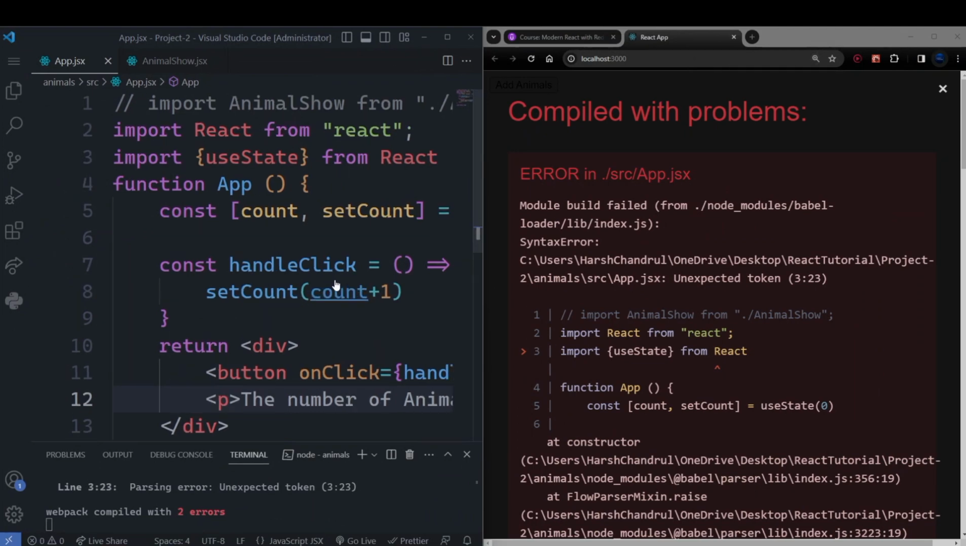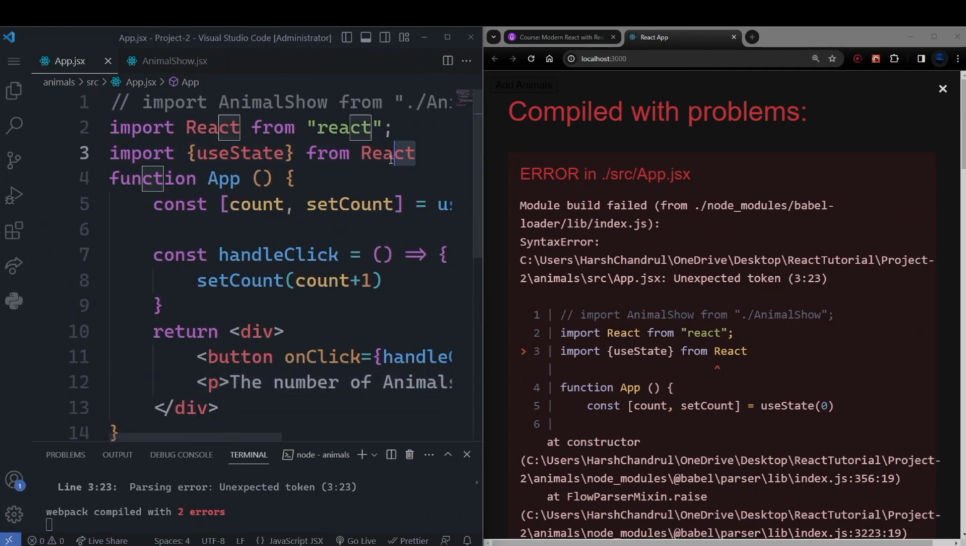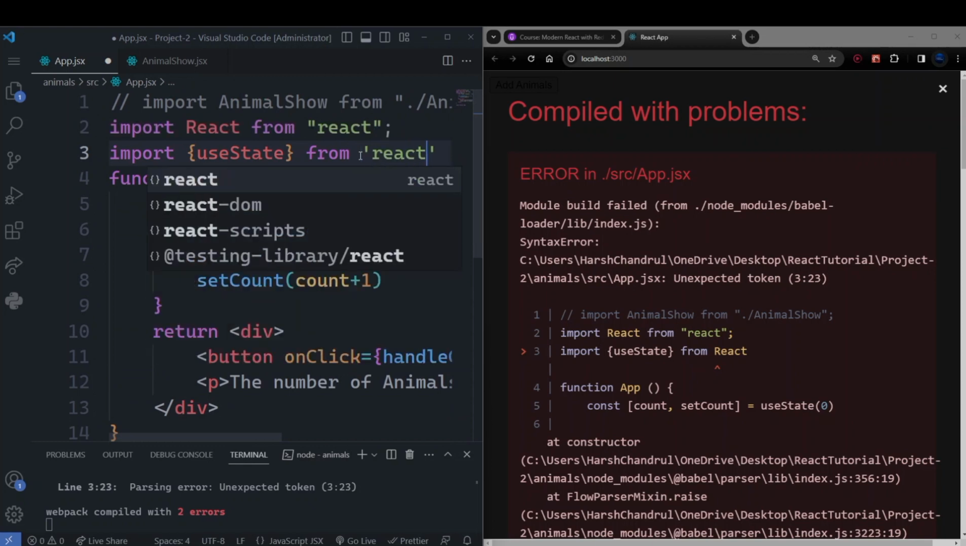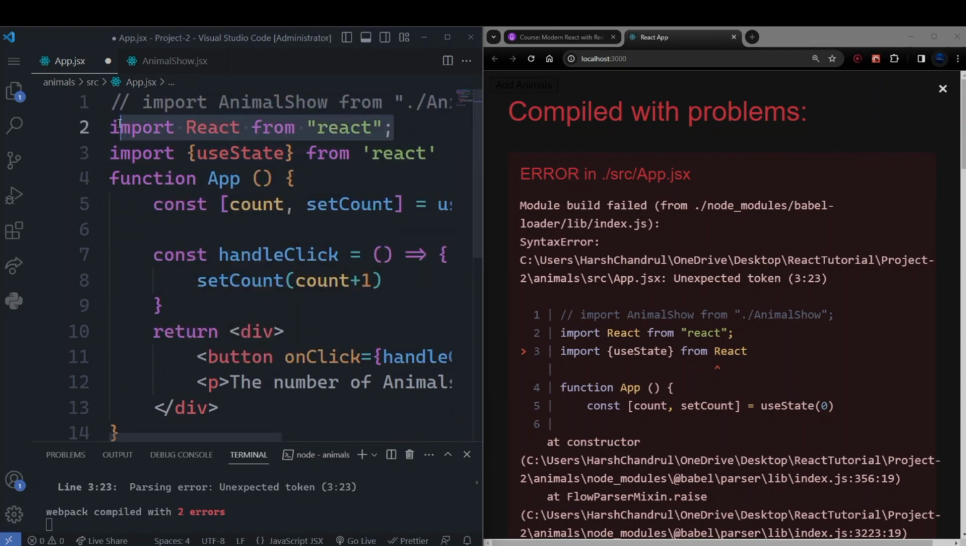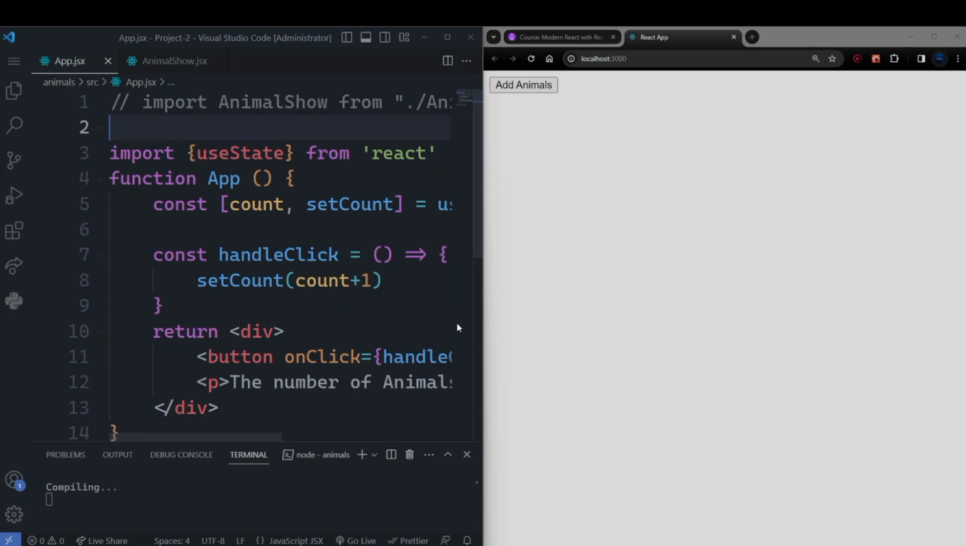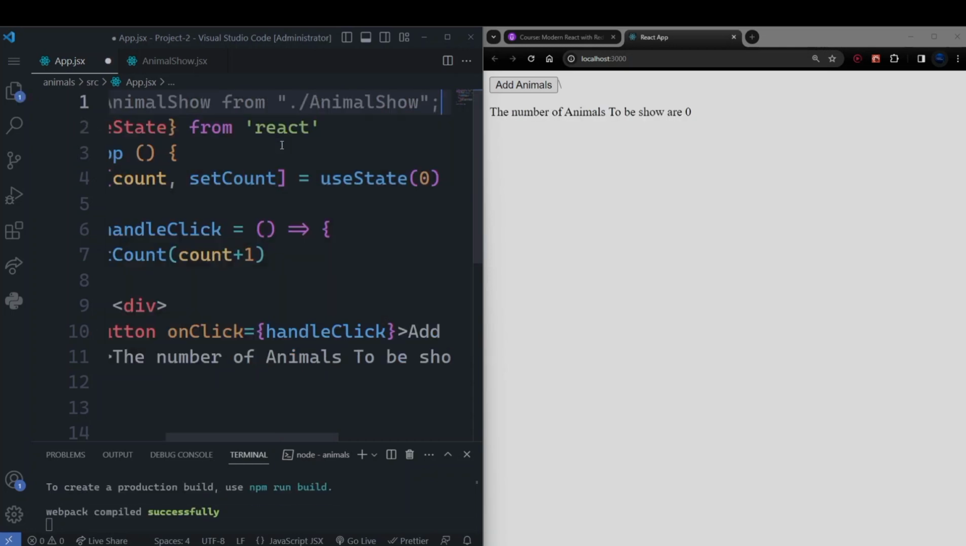The error is that we need to import it from React, and we need to delete this line. And now if we save this, you can see that it runs,